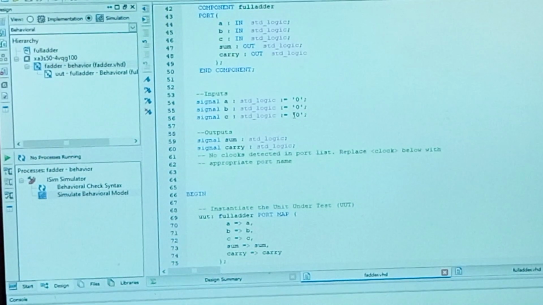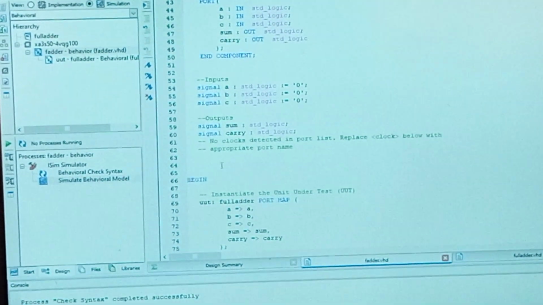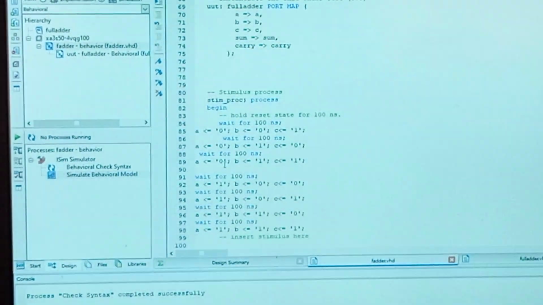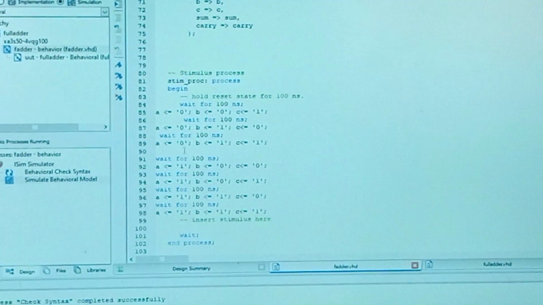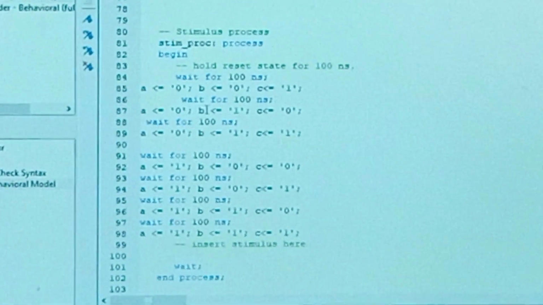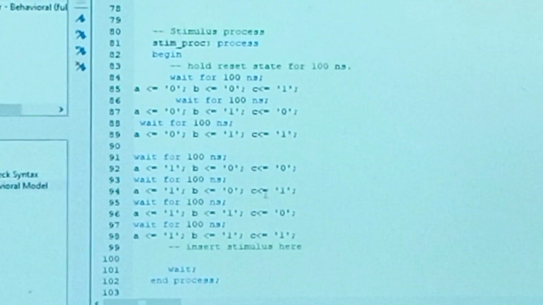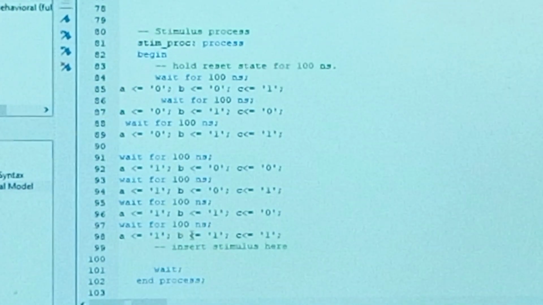See, initially all the 3 inputs will be 0. So remove the clock coding and give the remaining combinational values like this. That is 001, 010, 011, 100, 101, 110, 111.